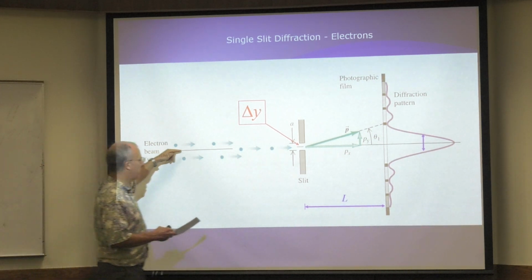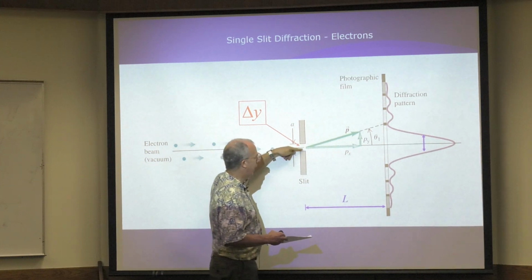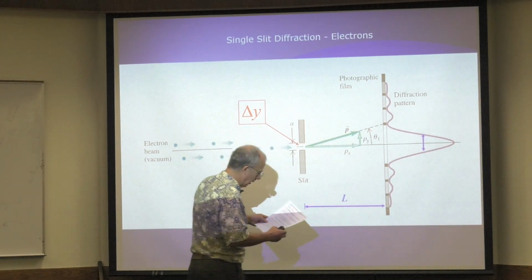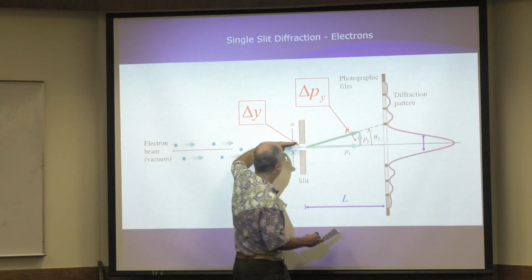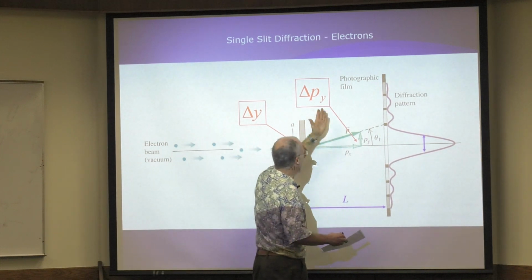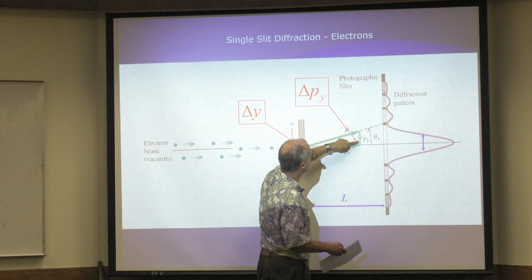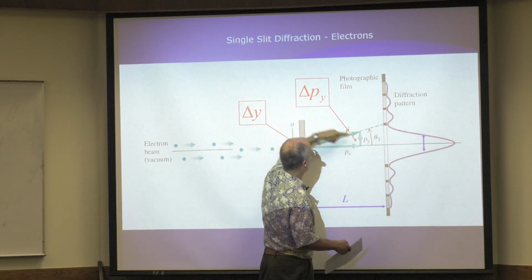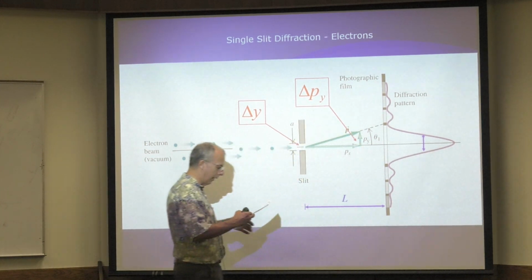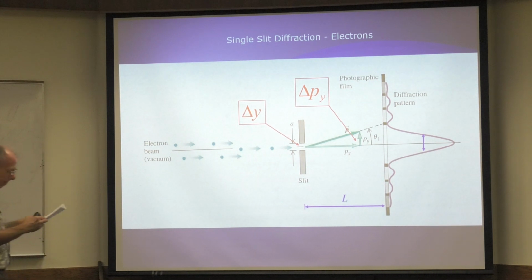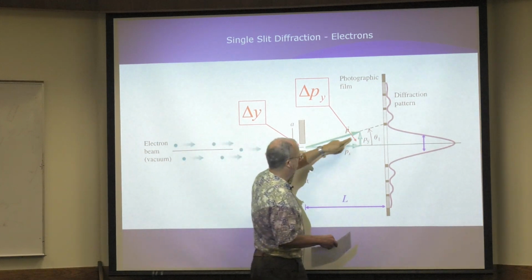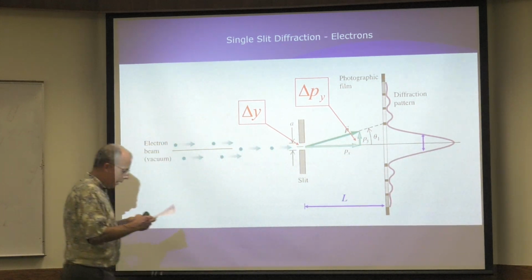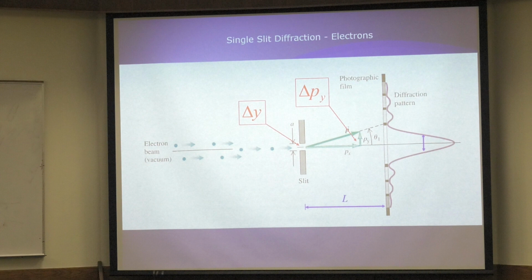Now, since there's an uncertainty in y, there has to be an uncertainty in the momentum, right? I mean, if the thing's going here or some crazy angle, we don't know. So there's an uncertainty in momentum as well. And so delta py, there's an uncertainty there. All right, so there's two uncertainties, and again, they're related. This is somehow related to this. Okay, now, go back to your